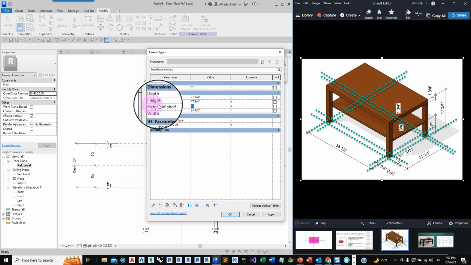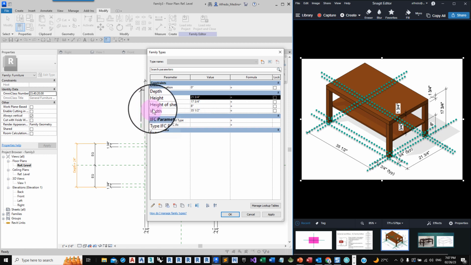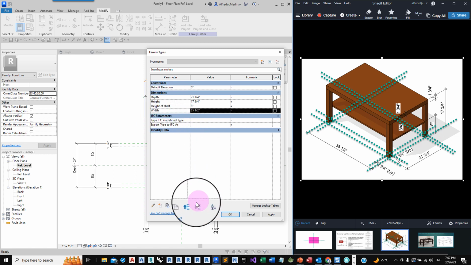I can rearrange the order of these parameters if I want to. By default, they follow the alphabetical order, but if you prefer a different order, you can use these options to move those parameters up or down, etc.